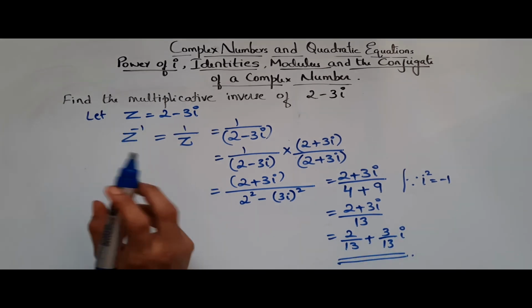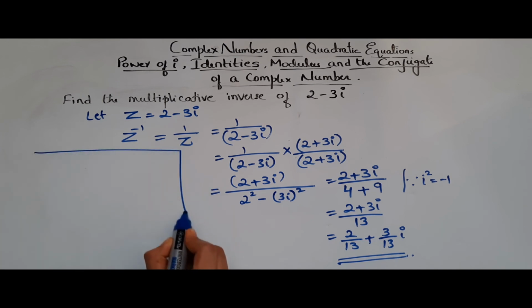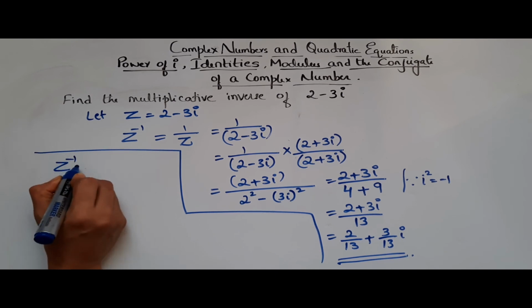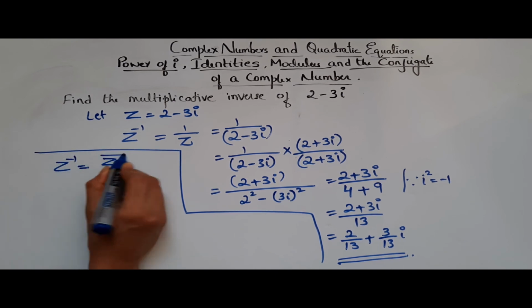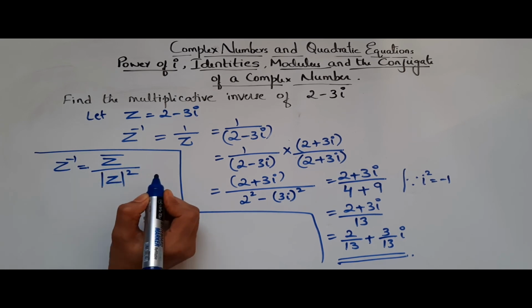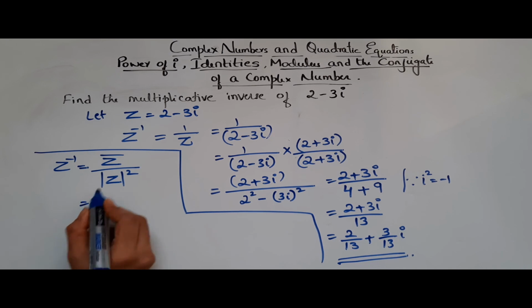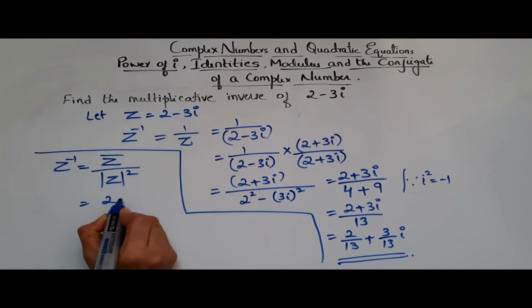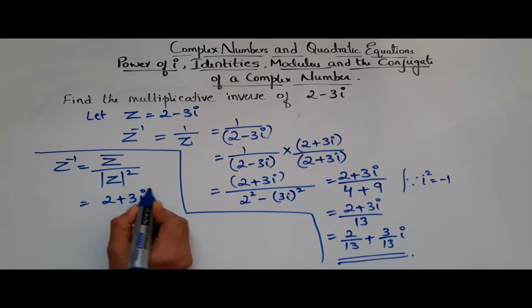So this you can also solve by using a formula. Let me do it here. In order to find the multiplicative inverse, we have a formula, that is z inverse is equal to conjugate of z by mod of z square. So in this case, what is the conjugate of z? So z is 2 minus 3i, so the conjugate of z is 2 plus 3i, that is changing the sign of the imaginary part, right? By mod of z